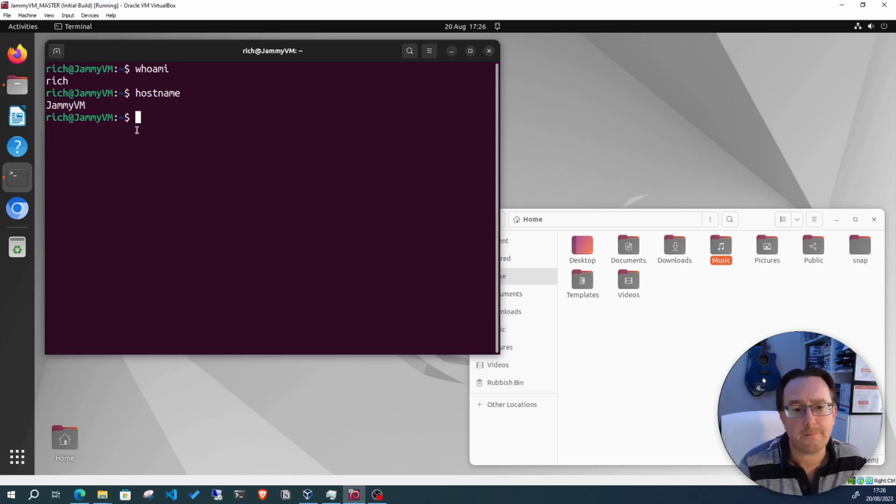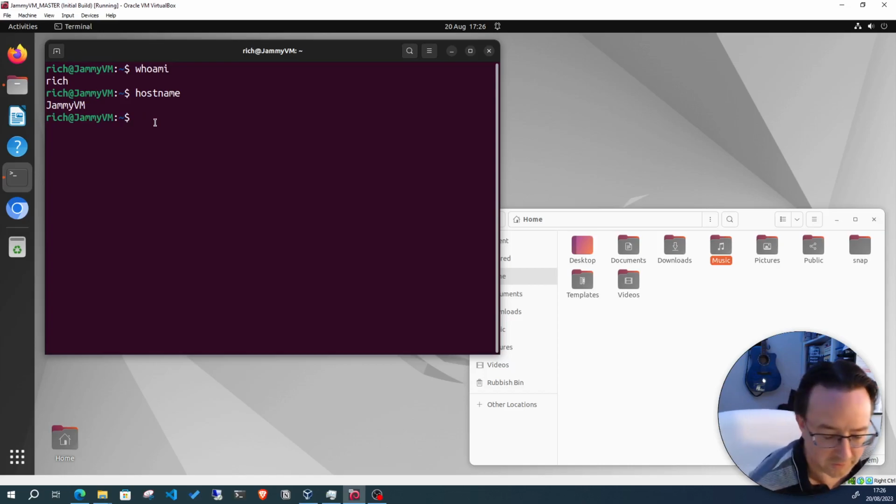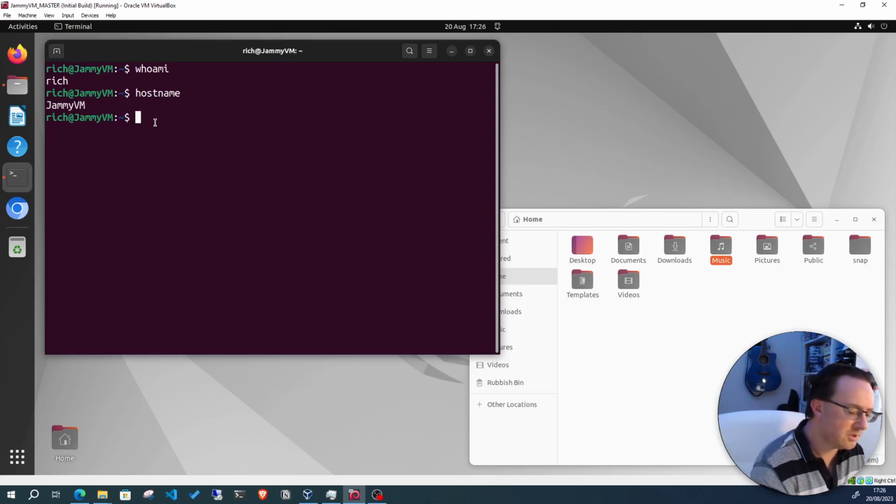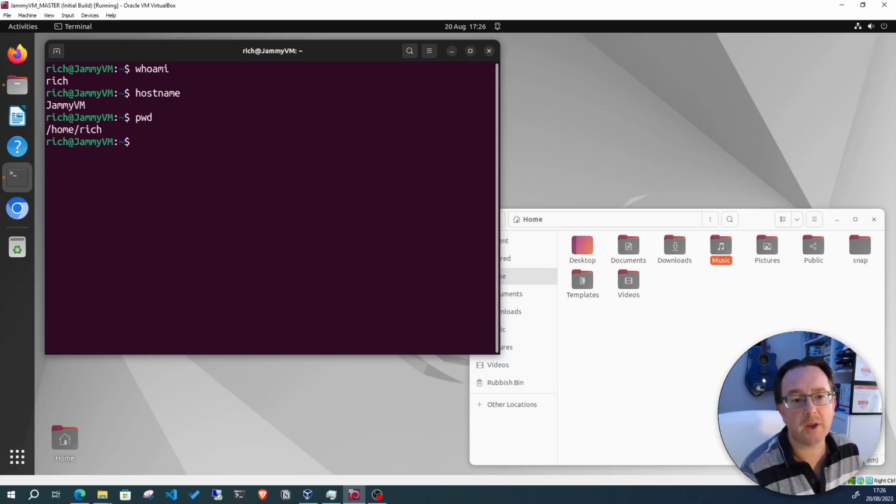And again, there's a command for that. You can get lost in the system, and especially if you're SSH'd in, or you've got a reverse shell, you need to know exactly where you are. So there's a command, and it's called print working directory. But that's a bit of a mouthful to be typing out. You need to be quick. Linux is all about being super quick, so let's be super. The command is actually simply pwd, and we run it, and it tells us we're in our home and rich